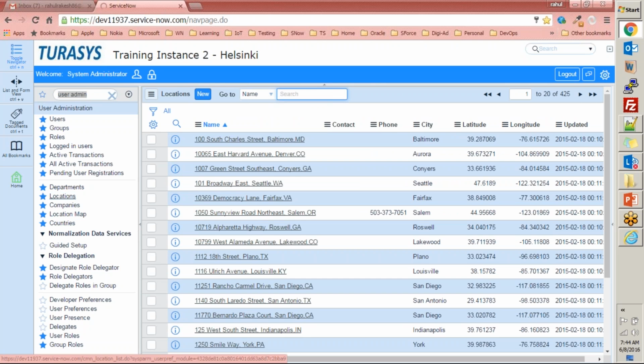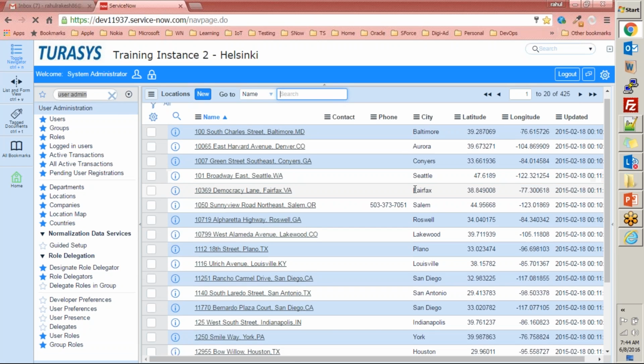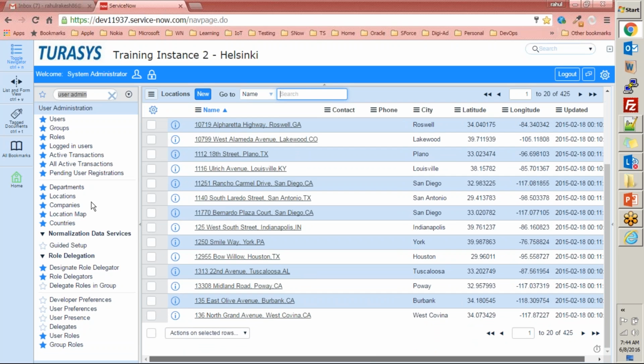Now let's go ahead and see locations, right? You may work in an organization where there are different departments, and then your organization is located at different locations across the globe, right? So for that, you have to create locations as well that you can utilize, and while you create users, you can associate locations to the user as well, right? So it helps you group the user's information to a particular location, particular department, particular company, etc. Right? I'm not going to create a location because this is a fairly simple item that's quite obvious. So I'm not going to create that.